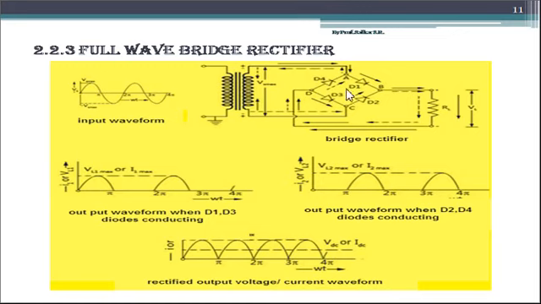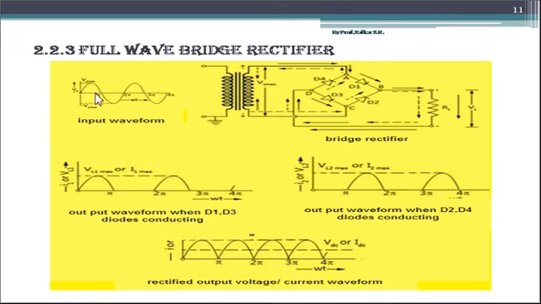Now, if diodes D1 and D3 are conducting and we get such an output, what about diodes D2 and D4? During this path of the solid line, diodes D2 and D4 are in reverse biasing mode due to their opposite connection. Diodes D2 and D4 remain in reverse bias and do not conduct during the positive half of the AC signal.